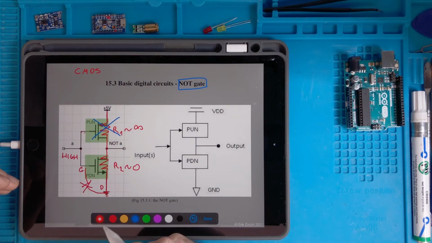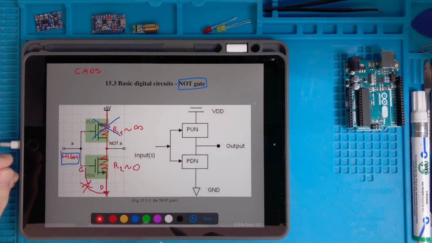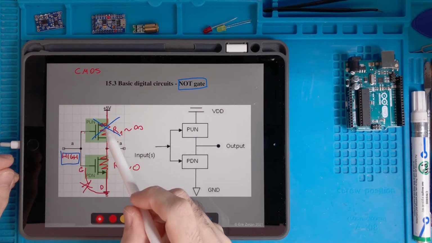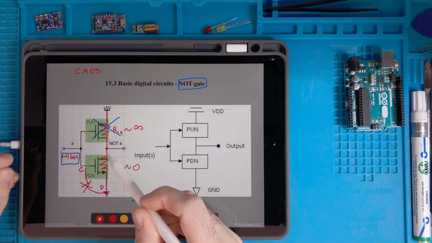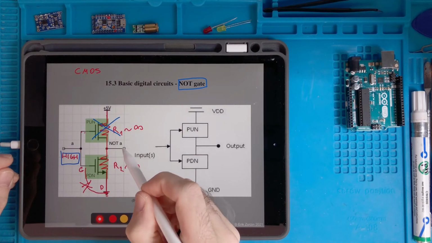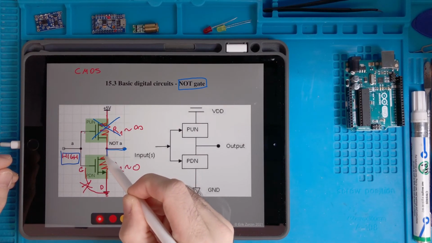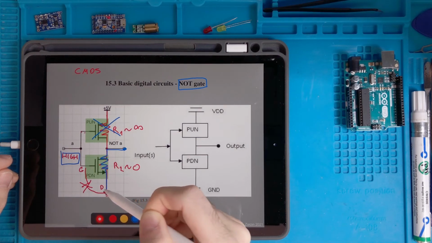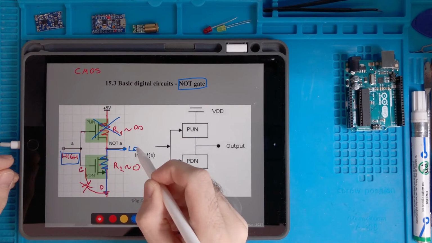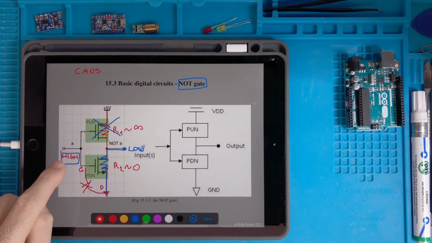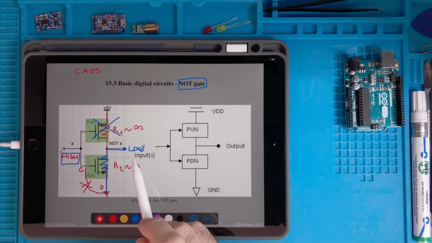So then we have the situation that this voltage divider under this condition is equivalent to a non-present resistor here and a resistor which is close to zero here, which means that this point is short circuited directly to ground, and therefore its voltage is low. So high at the input makes low at the output,